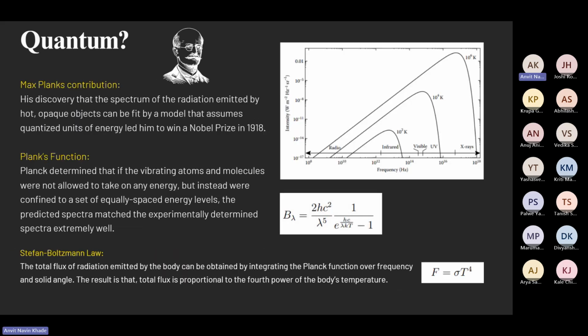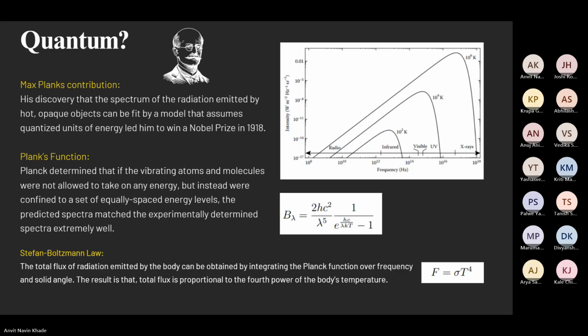Enter Max Planck, a physicist whose work would forever change the landscape of science. Planck proposed that instead of emitting energy continuously, atoms and molecules could only emit energy in discrete amounts or quanta. This groundbreaking idea allowed Planck to formulate what we now know as Planck's law. His function accurately described the spectral distribution of radiation from a black body, or an idealized perfect emitter, at various